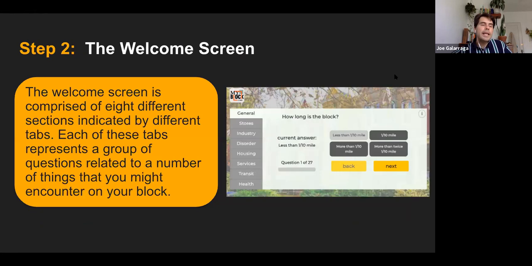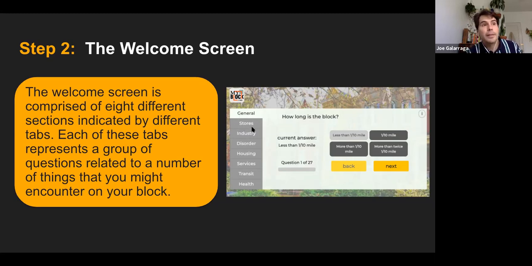So once you get in and you decide that, all right, I'm going to do a new assessment, you'll see the welcome screen that's comprised of 8 different sections indicated by these different tabs. Each of these tabs represents a group of questions related to things you might encounter on your block. So we have more overall general questions about stores.